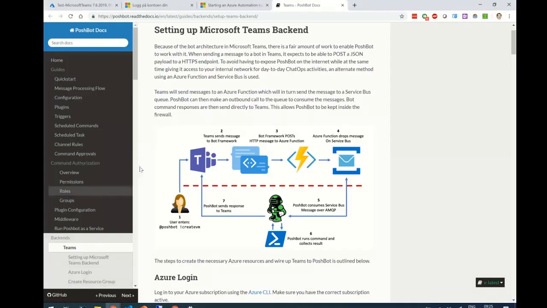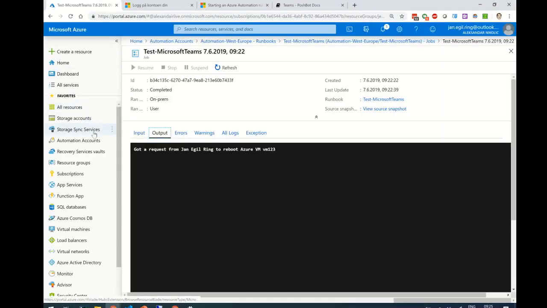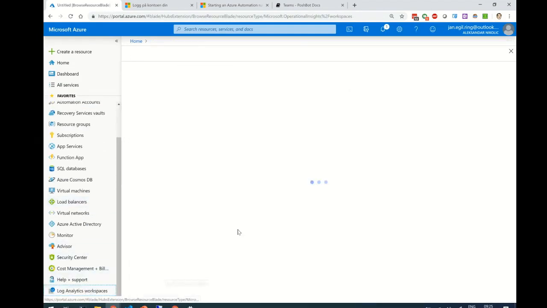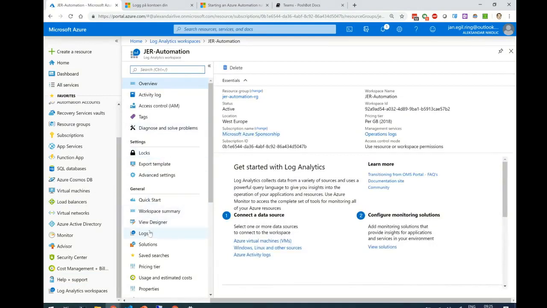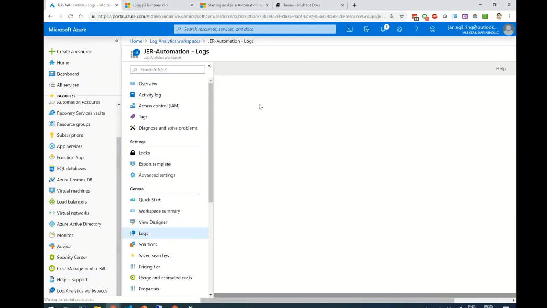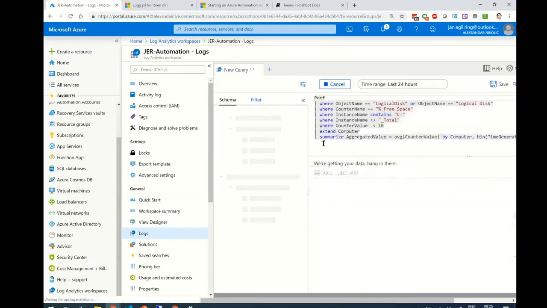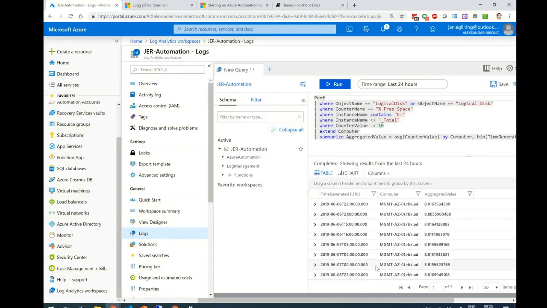So if you go into an example here, if you find a Log Analytics workspace, we can query for disk space. If you go into the log section, here we can type the query we want. Here we have a query called Perf that will search for the percent of free space available on the C drive, and if the amount is under 10%, it will trigger a result. So here you can see that it triggered a result when doing some testing earlier on, but now I'm going to simulate